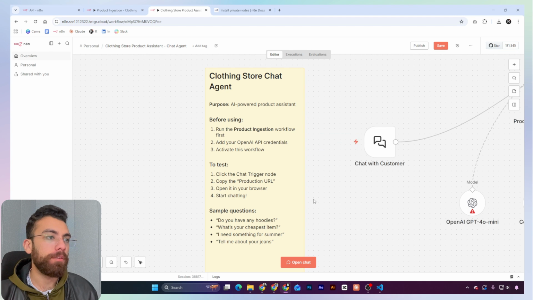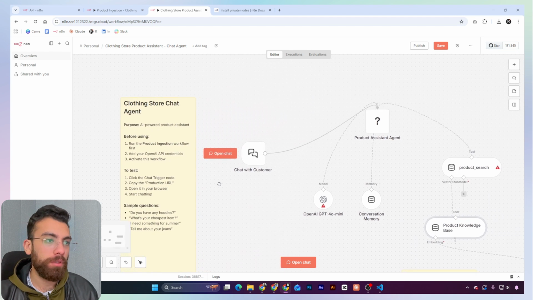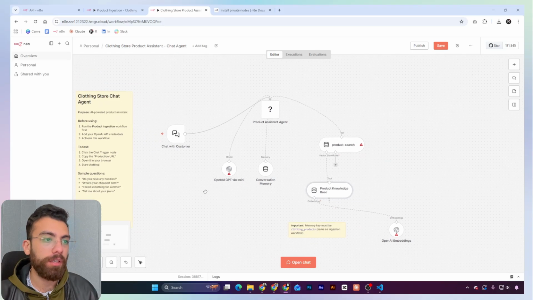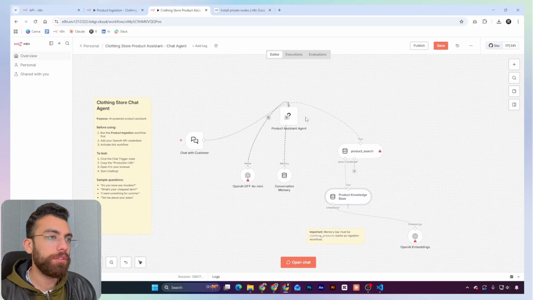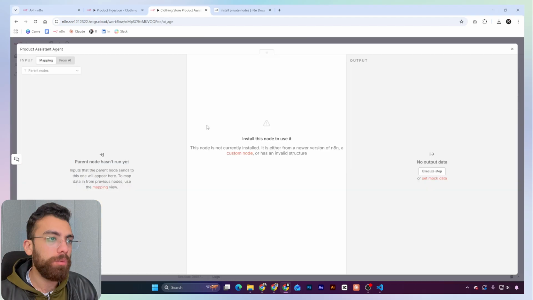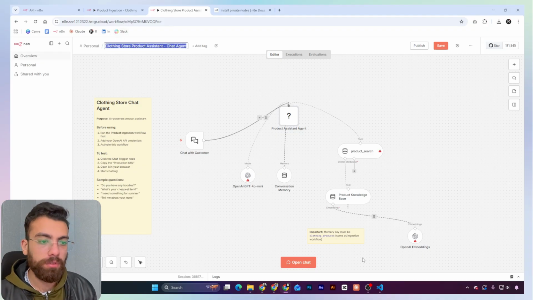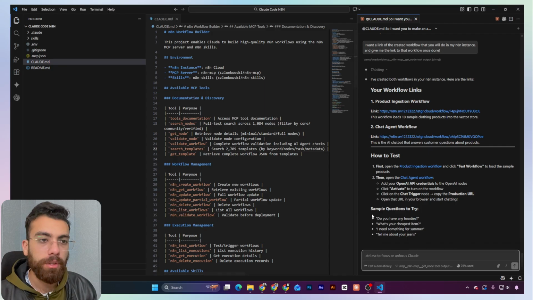Then the next thing is we are using this workflow to actually answer our client. But I still have one confusion: why are we using this node? It doesn't exist. So let's go back into our Claude Visual Studio Code and ask it about this workflow,